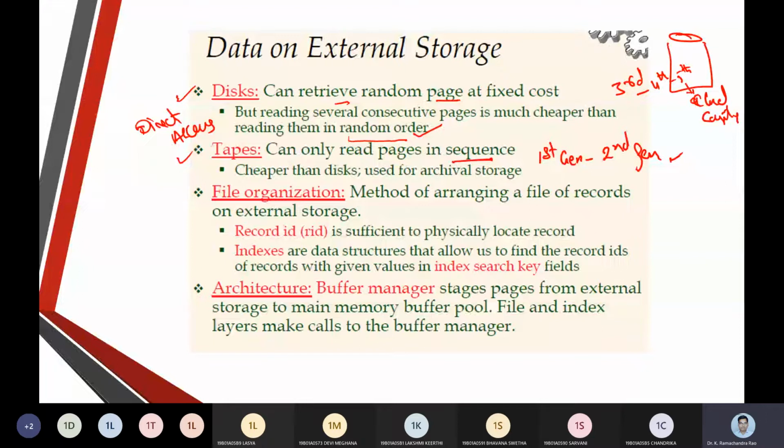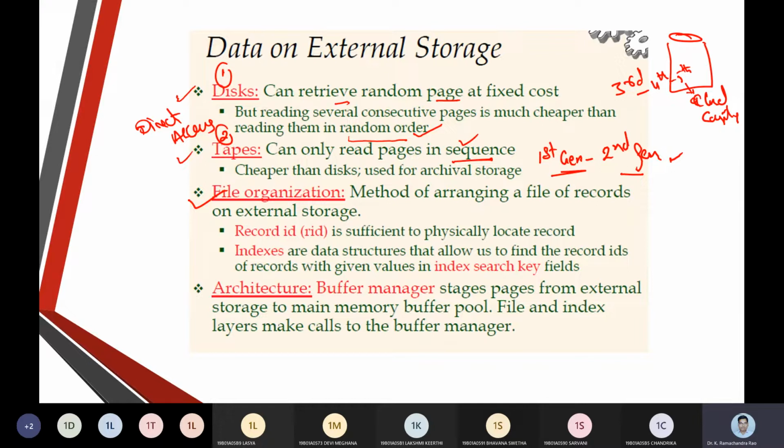But tapes were used in the first and second generation computers, where the access was totally sequential. So based on the disk architecture and the tape architecture, the file organization happened.